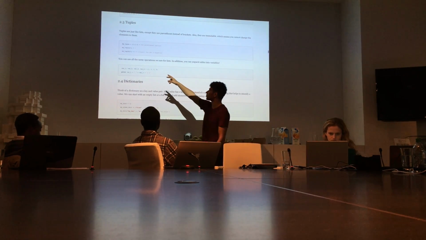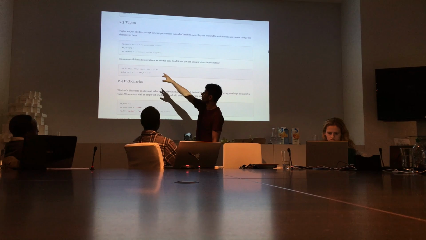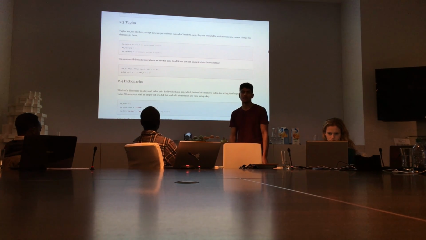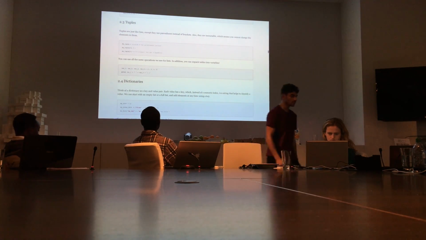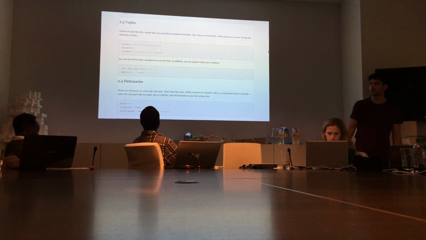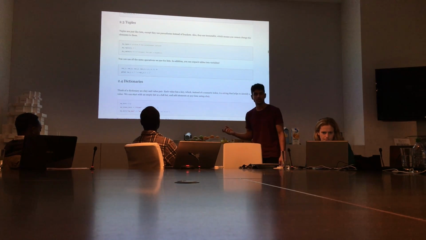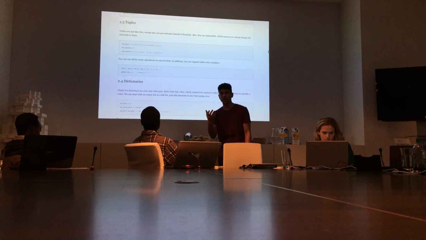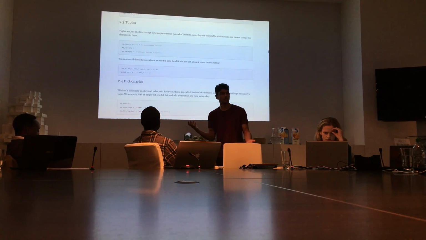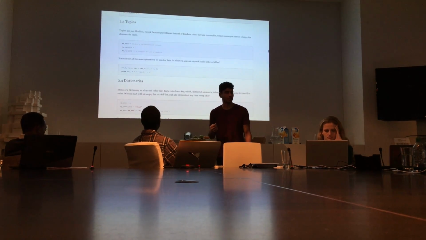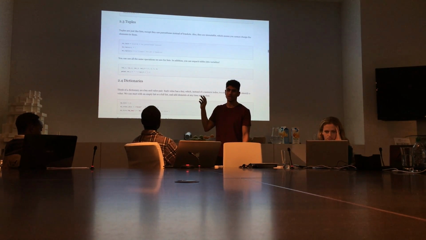You can see here, I'm trying to set the zero index of my tuple to 3, and I get an illegal type error. You would normally use tuples for data that you want to be consistent. Instead of putting it in a list where it can be changed, you put it into a tuple.